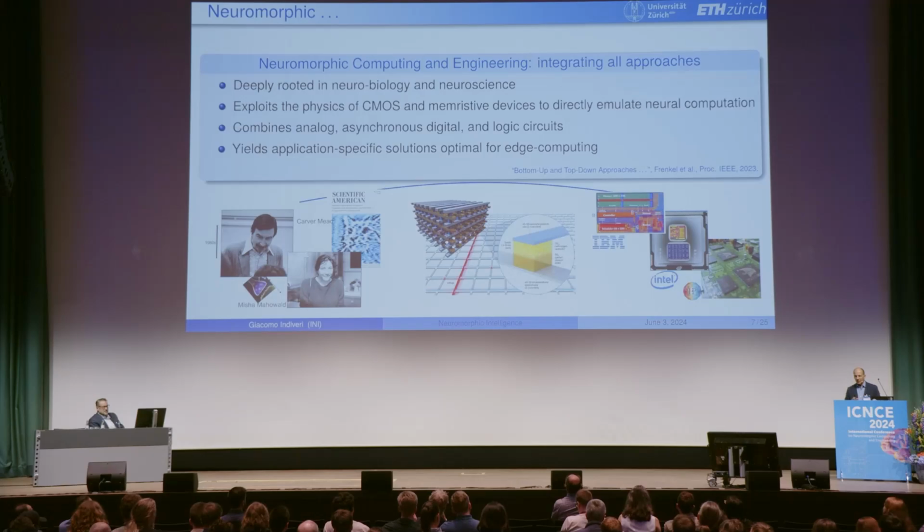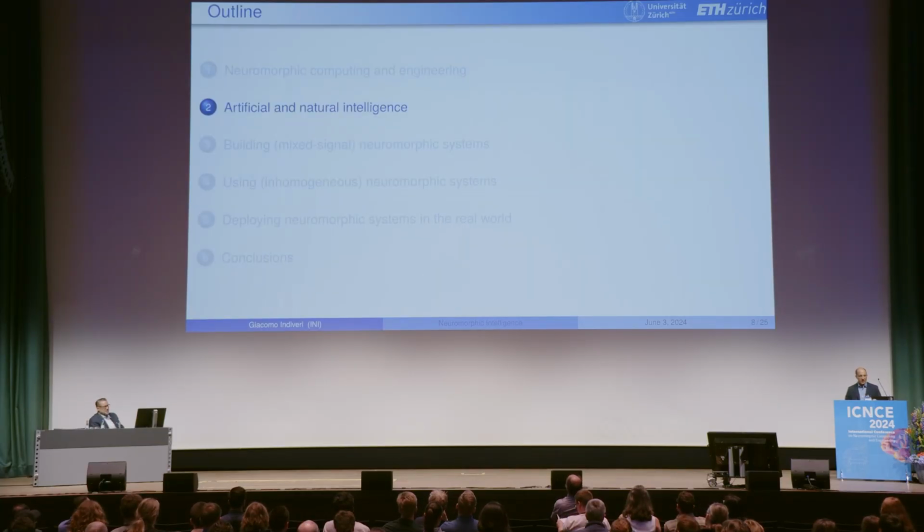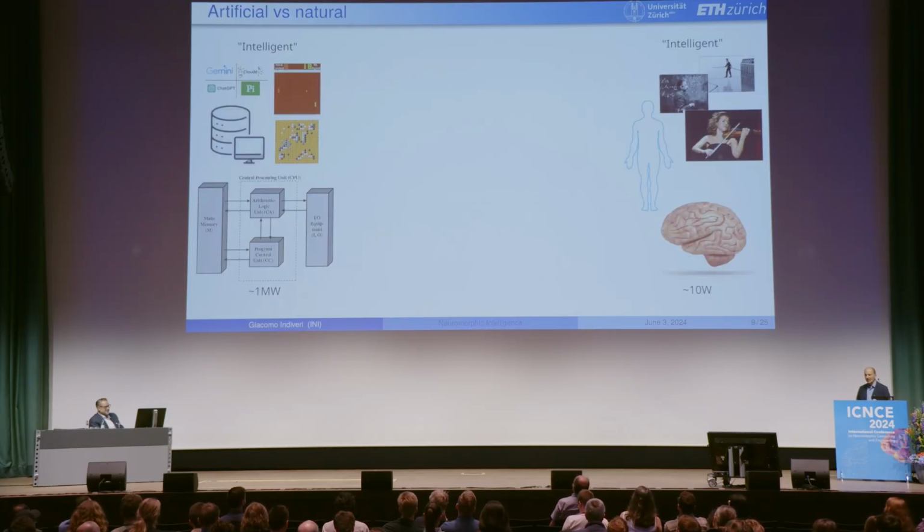So now that I have covered the use of the term neuromorphic, we can go back to the original plan of this presentation to say how to bridge between artificial and natural intelligence. That is a very complicated task to do, because even the definition of intelligence, like the definition of consciousness, is something difficult. We know, though, that there is artificial intelligence which lives in the world of the virtual, or if you want, the metaverse, anything that is simulated, and you can have games of Pong, you can have Atari games being simulated and being trained online through von Neumann architectures that run on large data centers.